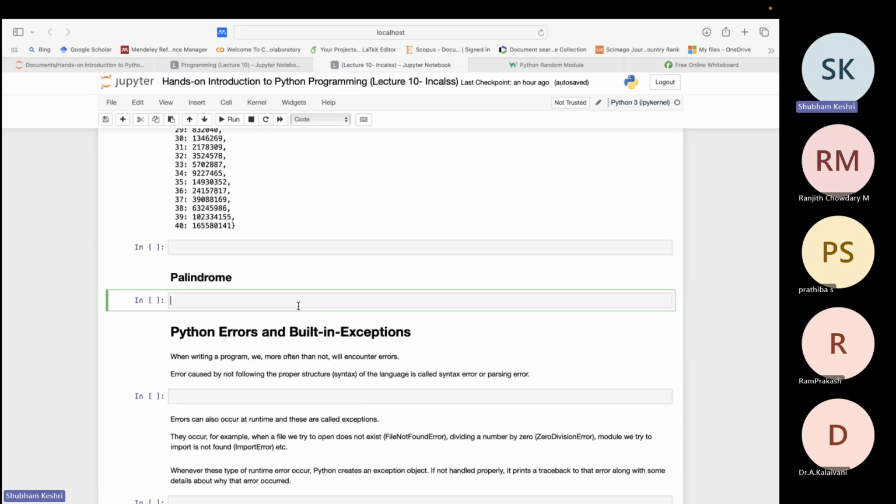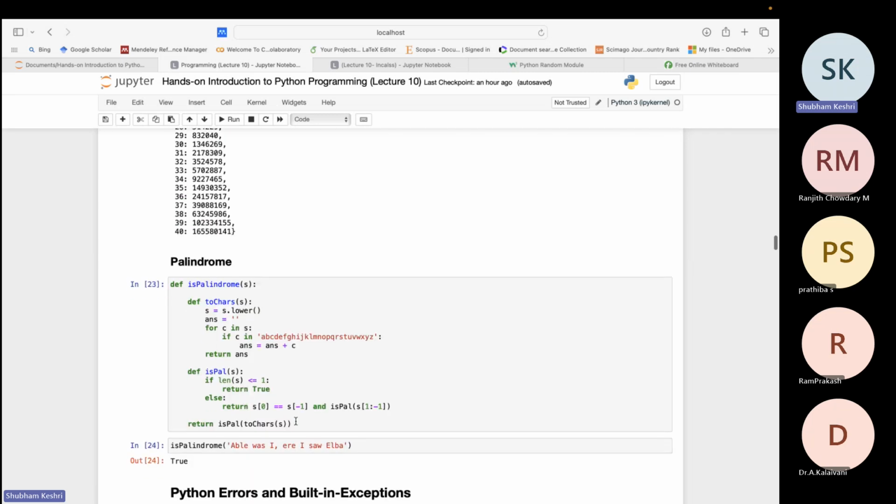in assignment 1, I have given you one problem of palindrome, and recursion can be used to check if a sentence or a word is a palindrome or not. All right. So we will write a function which actually checks if a sentence is palindrome or not. So if it is checking for a sentence, it will also check for a word. All right. So I'll just copy the code